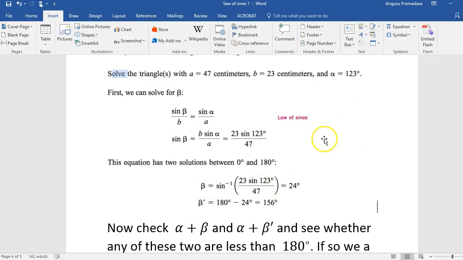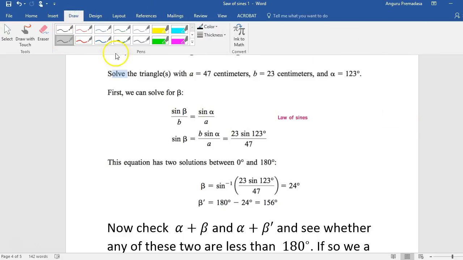So if you have, say, the quadrant here, and you take one small angle which is 24, let me see if I can draw this. So let's put a little quadrant here. We have this angle which is 24 right here. Now we know that the other angle is its partner. To find it, you subtract 24 from 180, and you get the second angle. Now, when you get two choices for beta, 24 and 156,